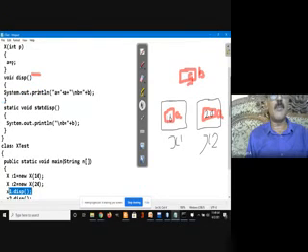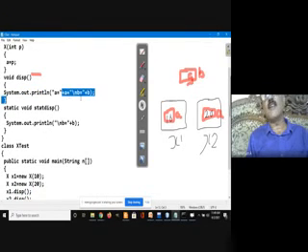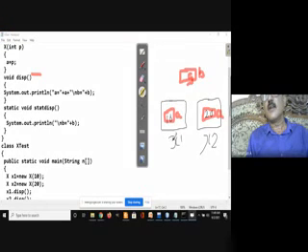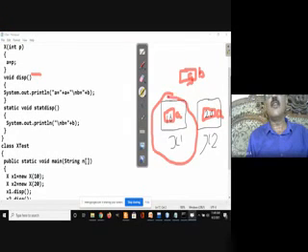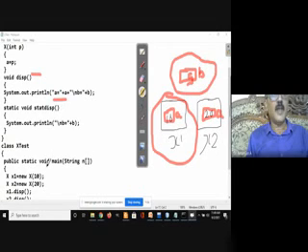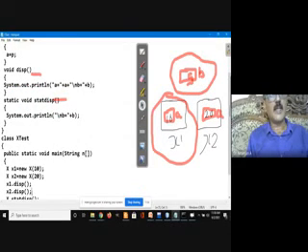So x1.disp, A means what is the output that I get? I am invoking disp with which object? x1's object. So what is the A present in x1? 10. So this value is accessed. When A is displayed, 10 it will display. Next, B means what is the output that I get? I get 5.